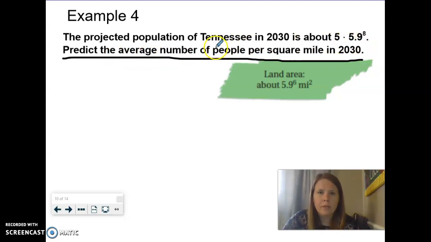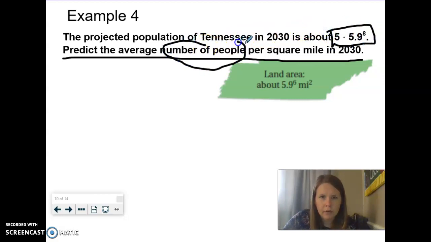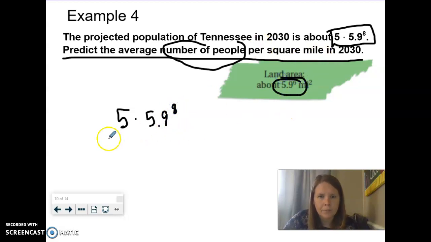Well, when you want to figure out the people per square mile, you're taking the amount of people and you're dividing it by the amount of miles, okay? So the projected population is right here. That's 5 times 5.9 to the 8th. So I'm taking the number of people and we're going to divide it by this. So I'm going to rewrite this as 5 times 5.9 to the 8th. Okay, and we're going to divide it by the square miles, and the land is right here, okay? Let's divide it by this 5.9